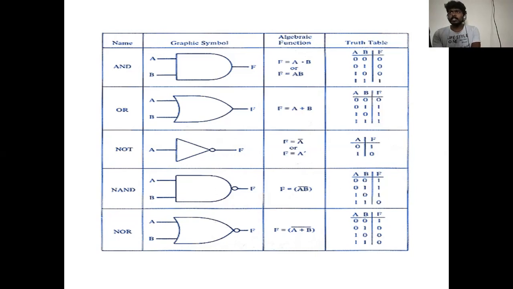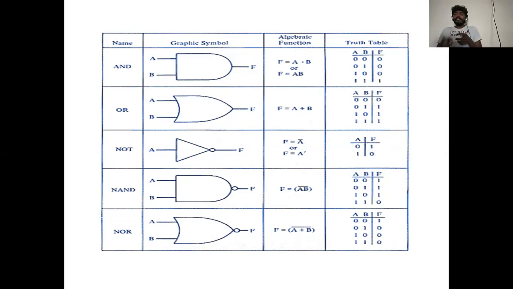And in the last column, you have a truth table. In the truth table, you can see we have four different possible combinations, that is 0 0, 0 1, 1 0 and 1 1, right? Since we have two inputs at the input side, we can have four different combinations. This is a simple logic. The idea is 2 to the power n combinations, where n represents the number of inputs.